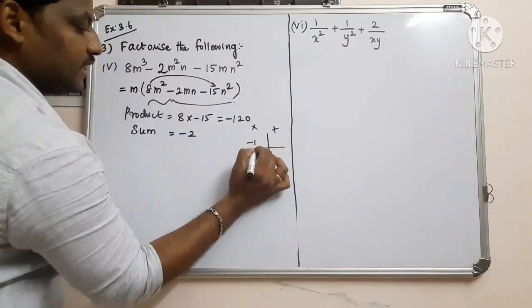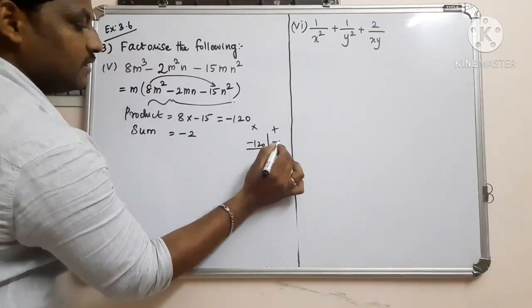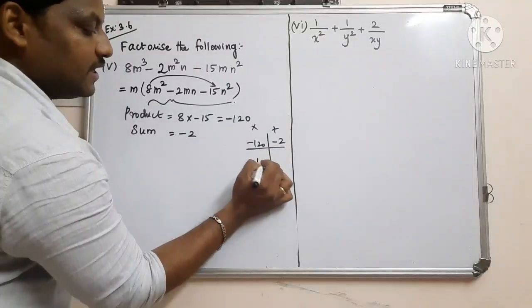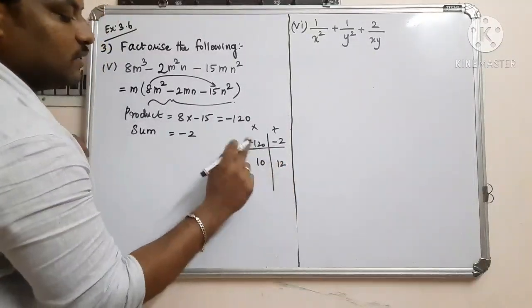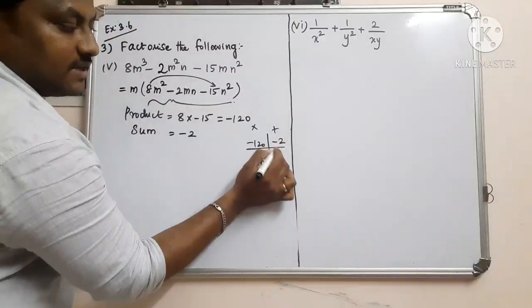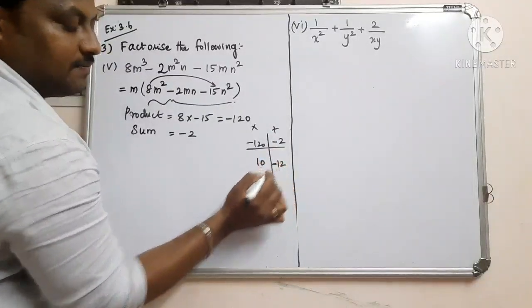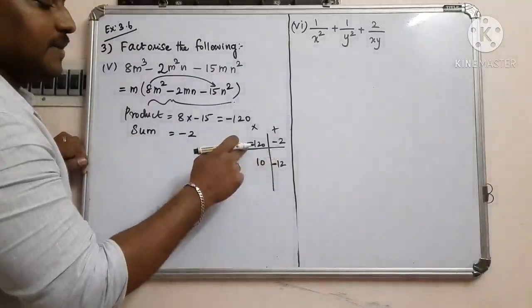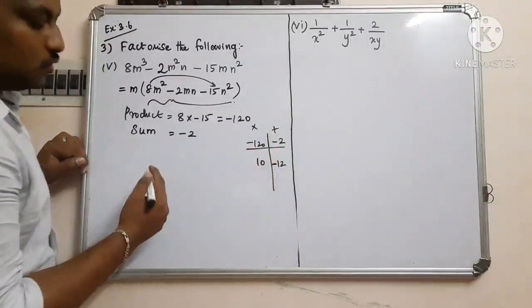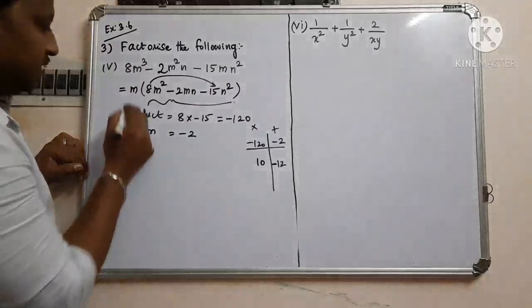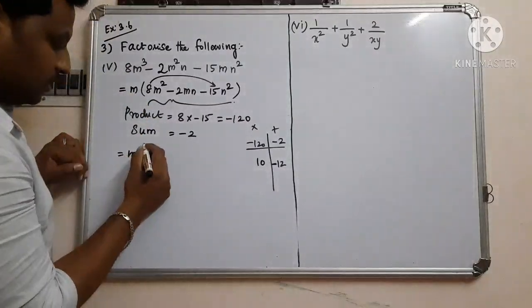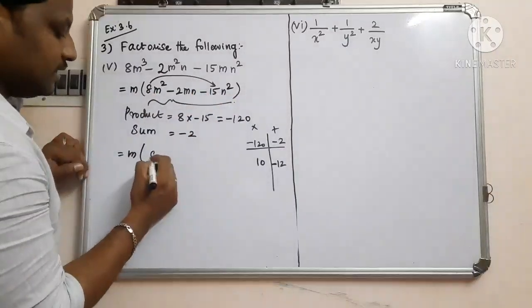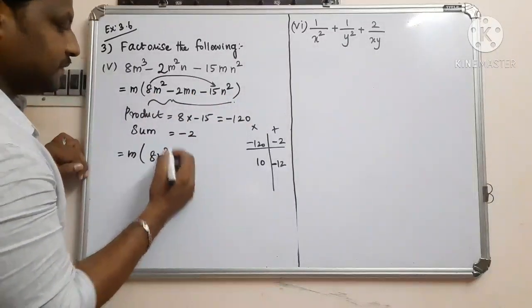The product value is minus 120 and the sum value is minus 2. Obviously we know that 10 into 12 is 120. Here the sum value is minus, so obviously the highest value must be minus, so 10 into minus 12 is minus 120, and 10 minus 12 is minus 2. Now we can take m as common here, already for this term alone, 8m square minus